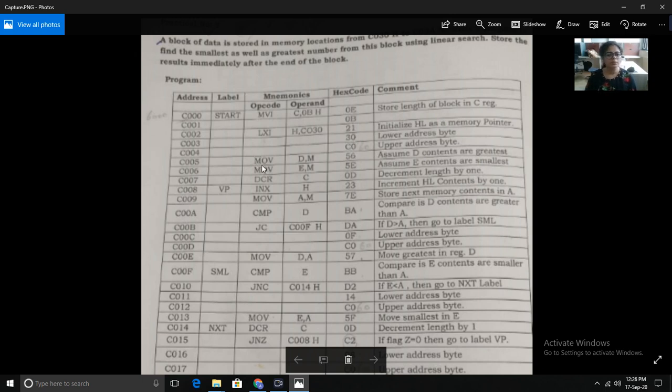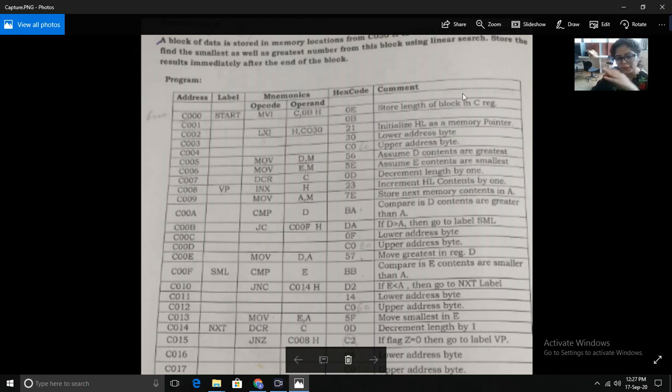Now the next instruction is MOV D, M. Move the contents of that memory location into the D register and assume that the contents are greatest. You know that when we compare two numbers, we assume one is greater than the other, then find which number is greater and which is smallest.